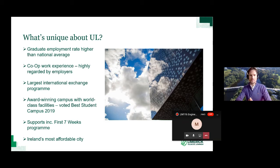Before I get into talking about what engineering is and what the engineering course in UL is all about, I'd like to describe some of the things that make UL stand out. One of our former presidents coined the phrase the UL edge, and he used that to describe the advantage that UL graduates have over the graduates of other programs. And it's all down to the employability prospects of our graduates, which over the last 10 years has been well